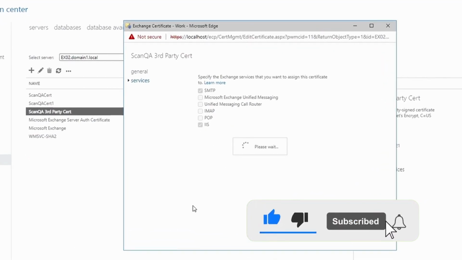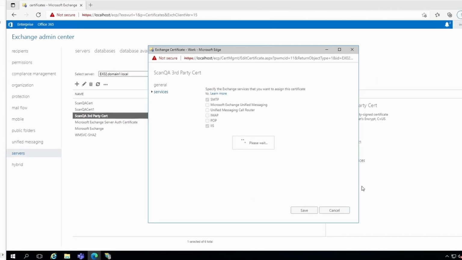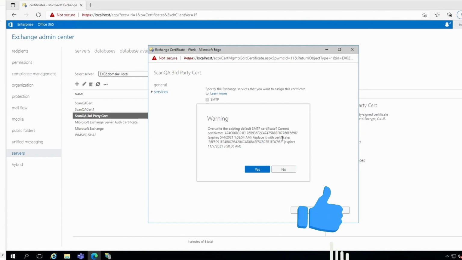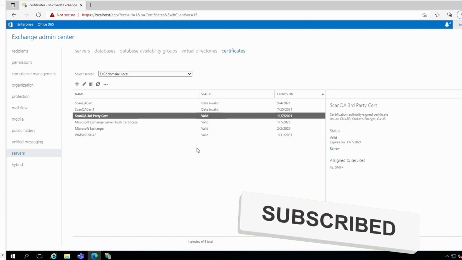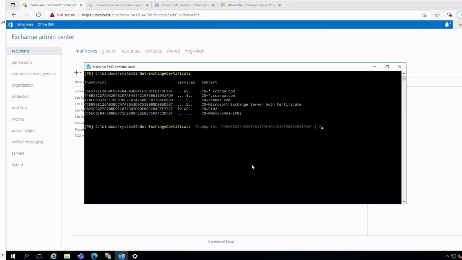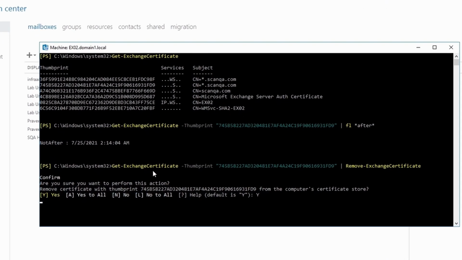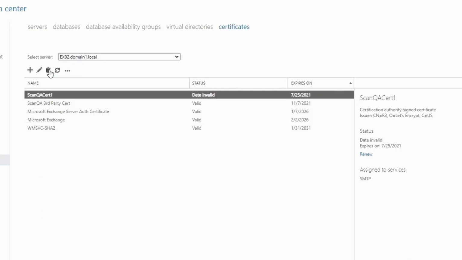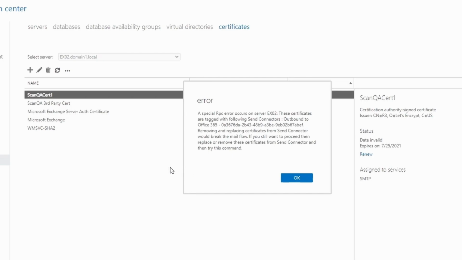And then we create a new certificate, import the new certificate, and assign the services that were used by the SSL certificate. So for example, IIS, SMTP, POP3, IMAP, all these services we assign to the new certificate. But do we properly clean up the old SSL certificate? Sometimes we encounter a problem when we try to remove the old certificate saying this is currently used by some of these configurations. But in actual, the certificate is expired, and we all know that this cannot be used for